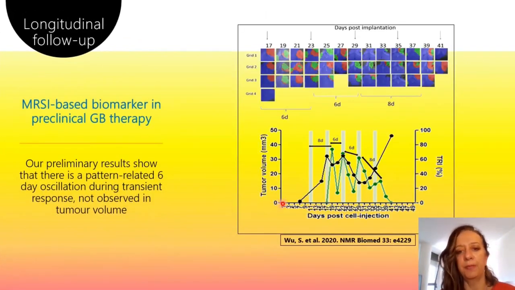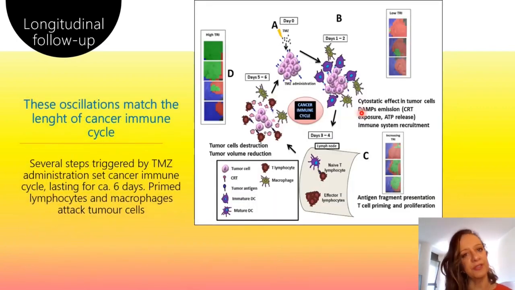Here we can see an example of a temozolomide-treated mouse. In black, we can see a tumor volume calculated from MRI with transient growth arrest, partial response, and after that a relapse. And in green, we can see the TRI, which is calculated as I just showed in the previous slide. And as opposed to the tumor volume, the TRI oscillates, going up and down with a frequency of 6 or 7 days. And this frequency matches the length of the cancer immune cycle, which would work as more or